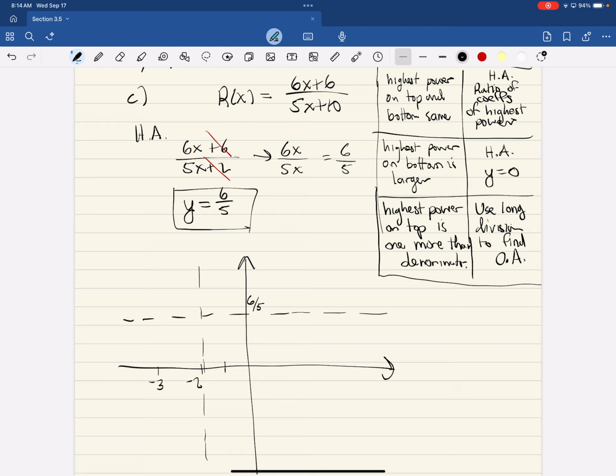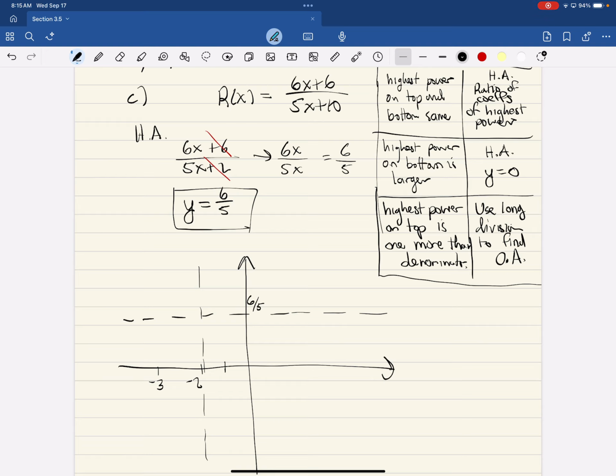And if I did, I'd get -12 over -5, so they're both negative, positive 12/5. So we're up above, and then as we approach -2,